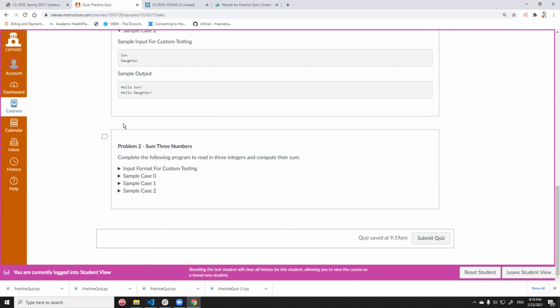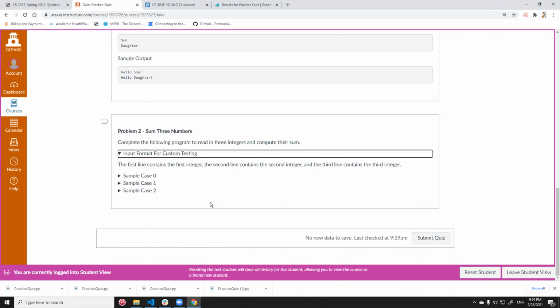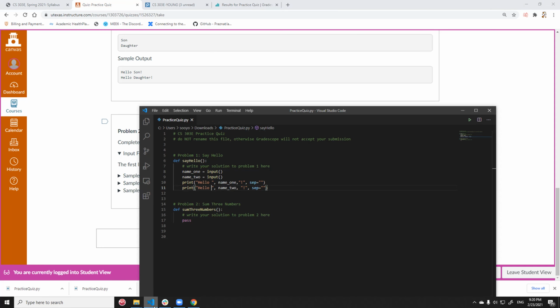And we can see back on our Canvas quiz page, problem 2 is sum 3 numbers, which asks us to complete the following program to read in 3 integers and compute their sum. And if we take a look at the input format, it's very similar to problem 1 in that the first line contained the first integer, and the second line contained the second integer, and the third line contained the third integer. All right, great. So let's go ahead and start writing our code, remembering to get rid of pass